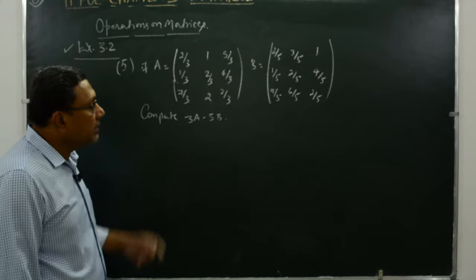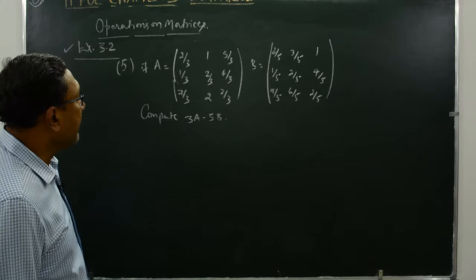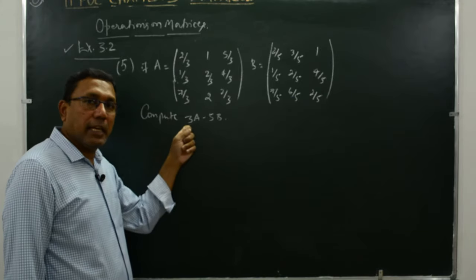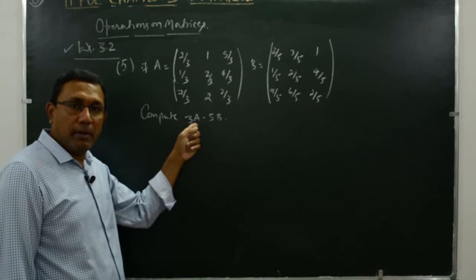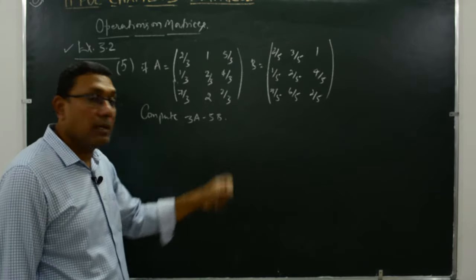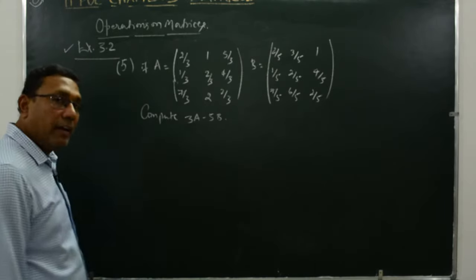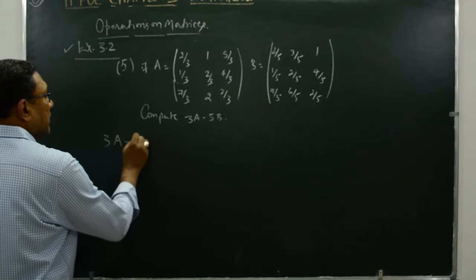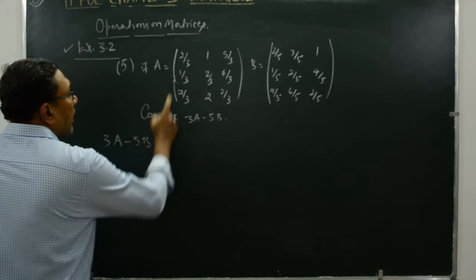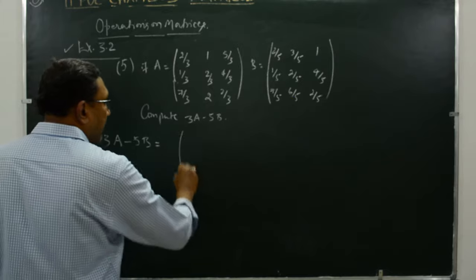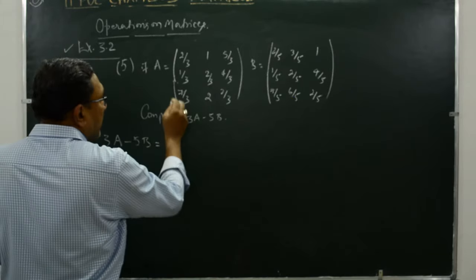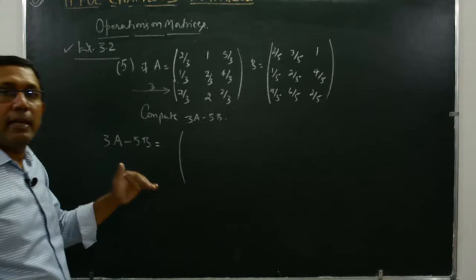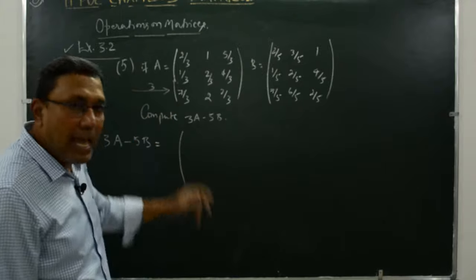He has given two matrices A and B and we need to compute 3A minus 5B. Please see that there is a scalar multiplication of a matrix A and there is also a scalar multiplication of matrix B by 5, a constant. So, let us take directly what the resultant matrix looks like, 5B. I will go here and I will write 3A. 3A will be, when you are multiplying and taking 3 into this matrix, you are multiplying each and every element of matrix A by 3.